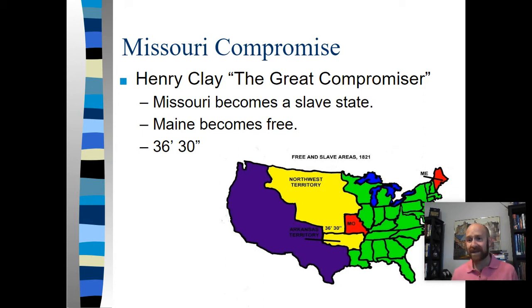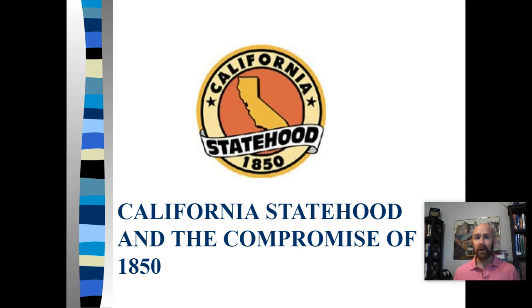And Dred Scott is actually going to declare that the 3630 line demarcation is unconstitutional. And it's going to say you just can't take away people's rights to choose where slavery can go, which is going to really upset people in the North, because it's going to open the doors to slavery expanding kind of unchecked. So the Missouri Compromise holds for a long time, until 30 years down the road with Dred Scott, where the 3630 is declared unconstitutional.